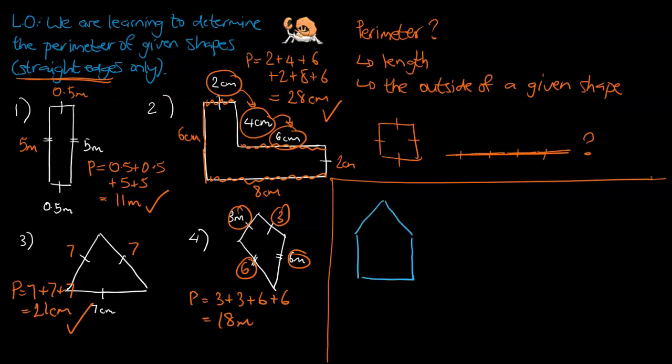I've drawn on a blue shape. It looks a bit like a house, and what we know about the house is the walls on either side are probably going to be the same length, and the roof and the angle, assuming it's symmetrical, will probably be the same length. So let's say this here is x. That's what we're trying to find out. We know that the side here is maybe 8.5 meters, and the base of our house is, let's say, slightly longer at 10 centimeters. If the total perimeter